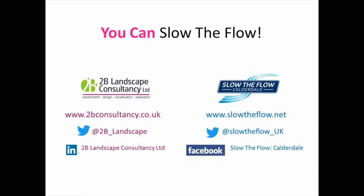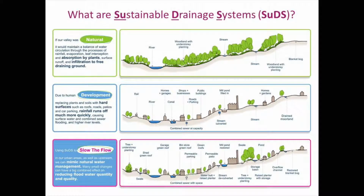responsible. So natural flood management is generally what happens in a rural context, and SuDS generally happens in developed areas. We champion both. 2,000 years ago, the Calder Valley would have been a wooded valley, a natural environment with many layers which would effectively slow the flow. Section 2 of the slide shows what happens when you have a developed situation with impermeable surfaces, buildings, paving and